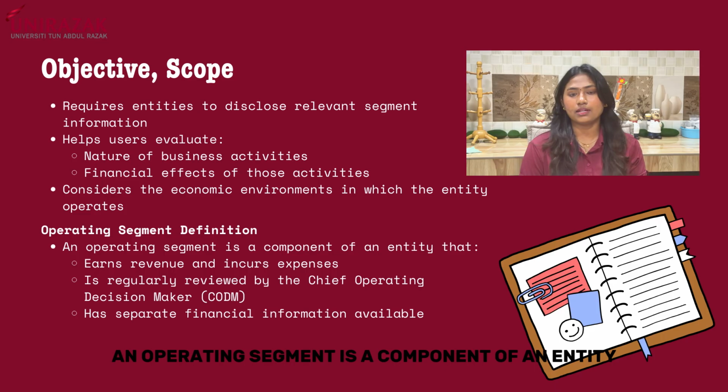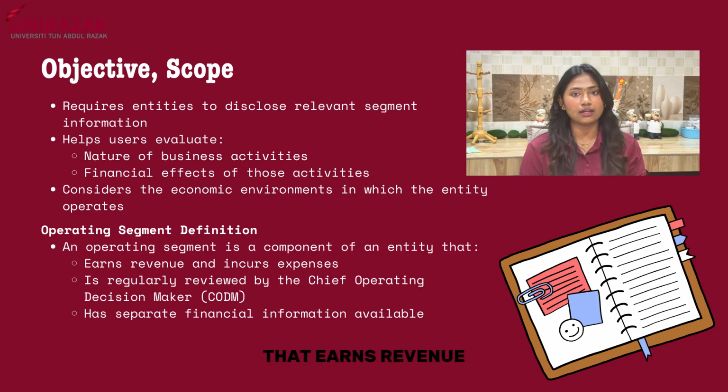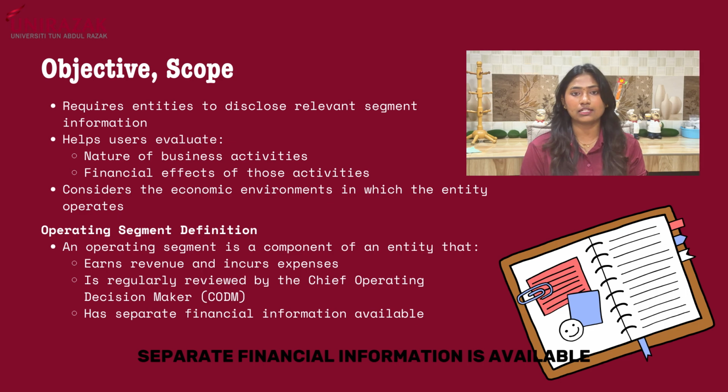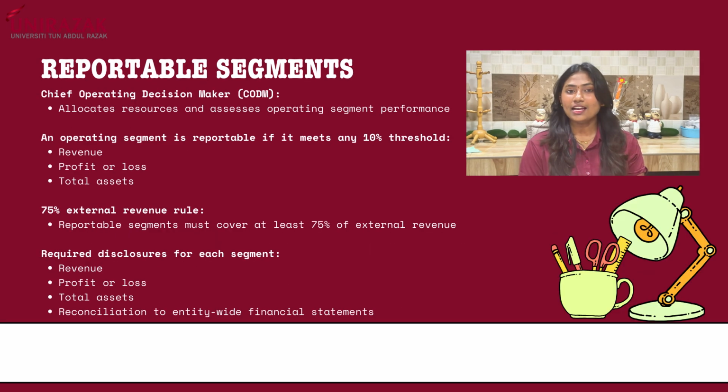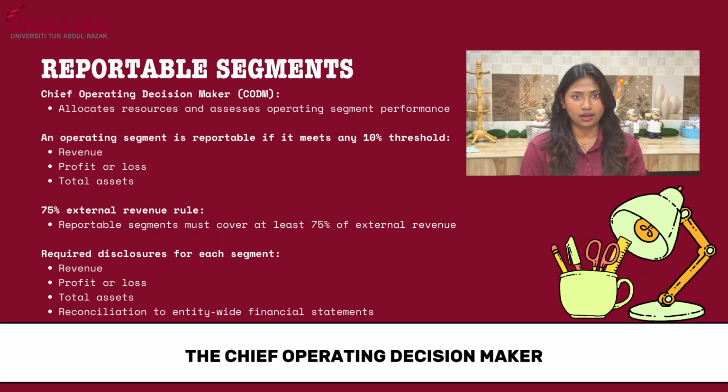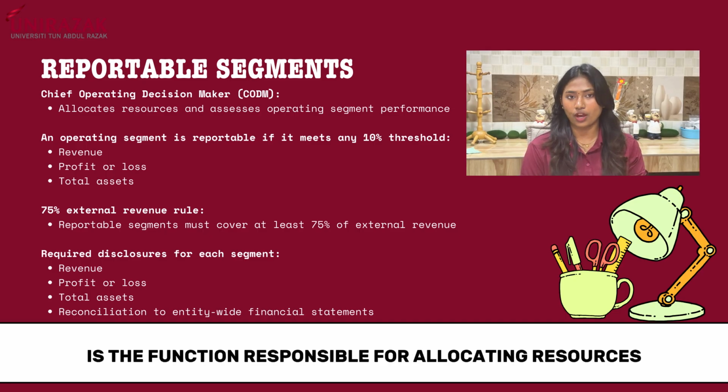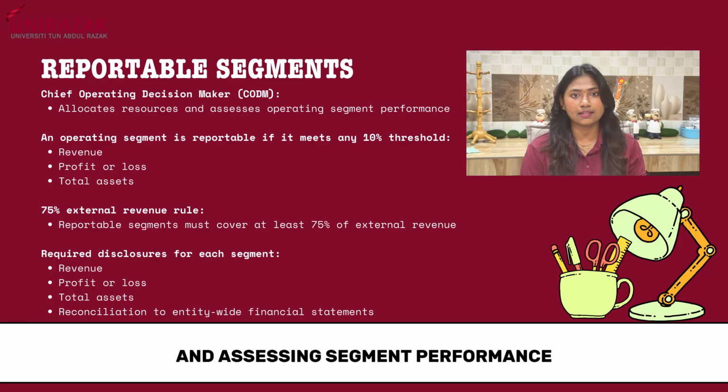An operating segment is a component of an entity that earns revenue and incurs expenses, whose results are regularly reviewed by the chief operating decision maker and for which separate financial information is available. The Chief Operating Decision Maker, or CODM, is the function responsible for allocating resources and assessing segment